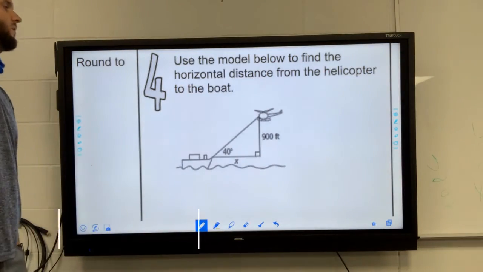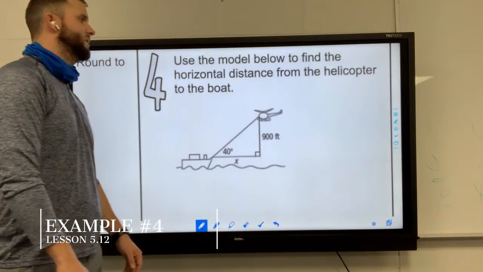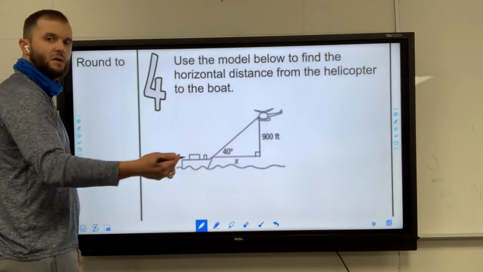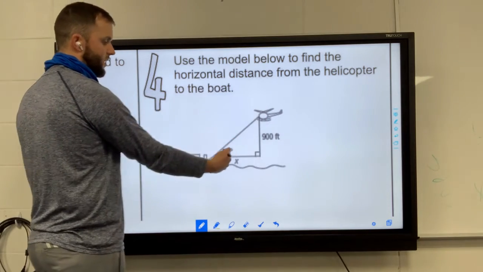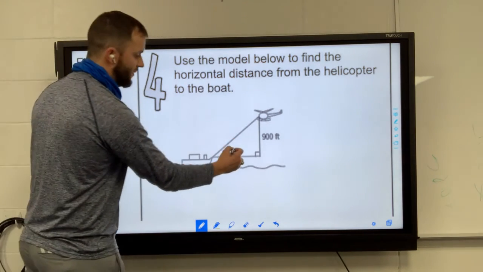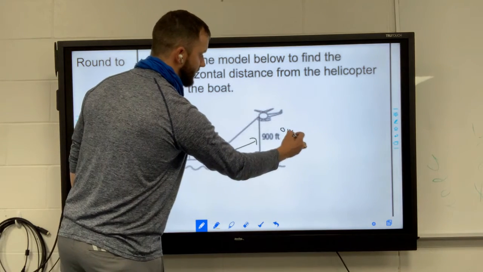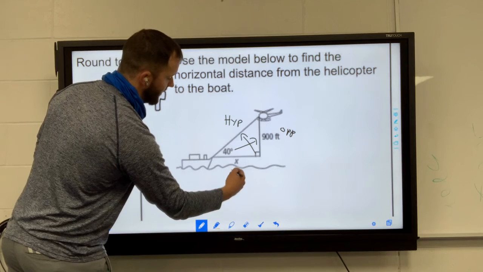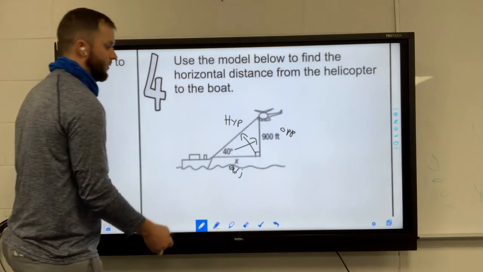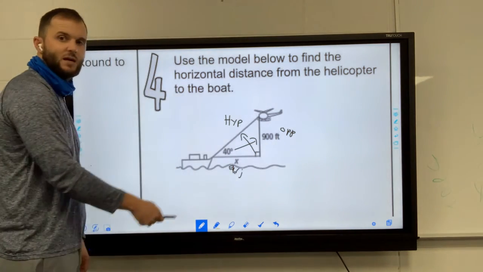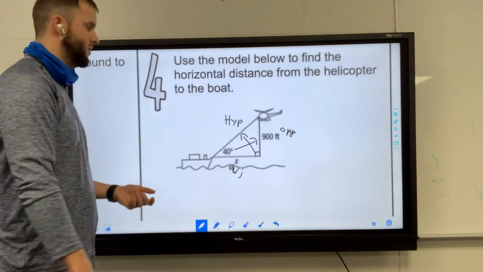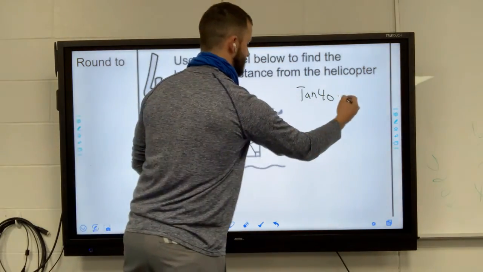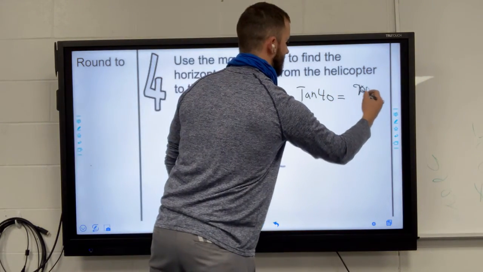All right, so on example number 4, it says use the model below to find the horizontal distance from the helicopter to the boat. So we're finding right here on x. So right now it looks like we know the degree measure from the boat to the helicopter, which is going to be 40 degrees. So right now from that 40 degrees, I know my opposite side. Opposite my 90 is always my hypotenuse, and this x value is actually going to be my adjacent side. So I have my opposite, I need my adjacent side. Opposite adjacent is going to be my tangent ratio. So tangent of my angle, which is 40 degrees, is going to be the opposite side over the adjacent side,